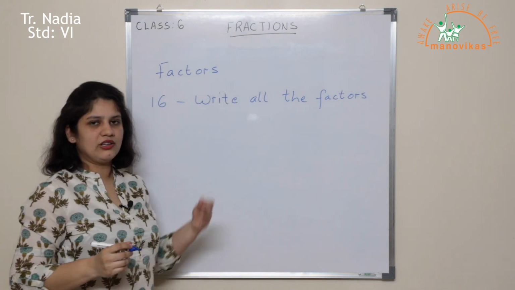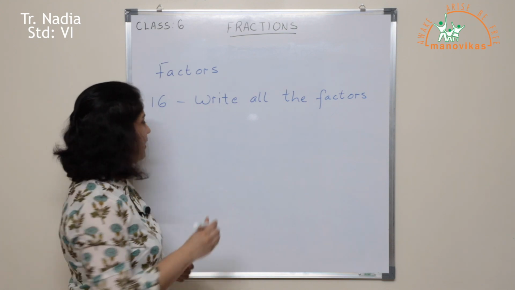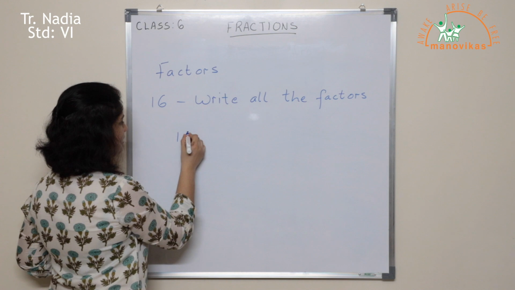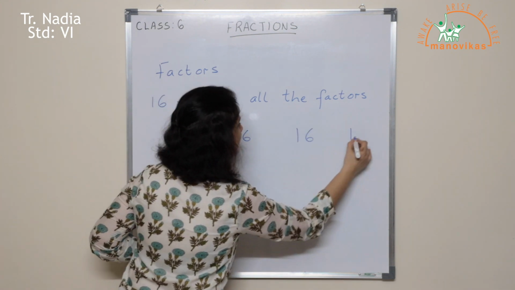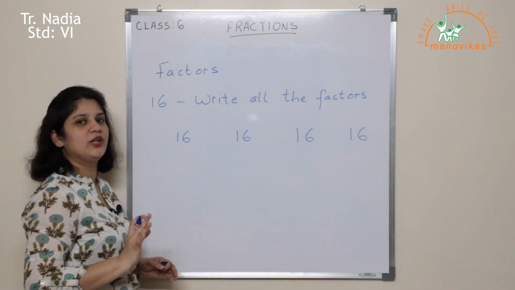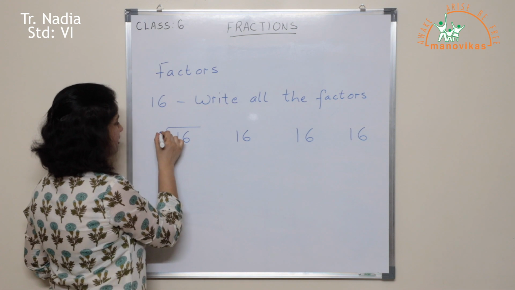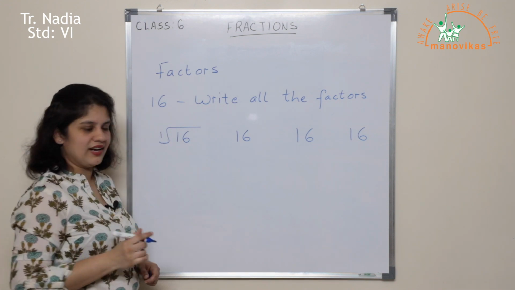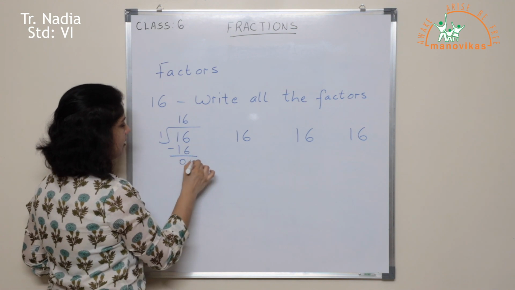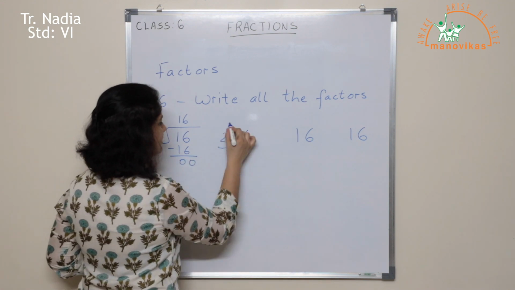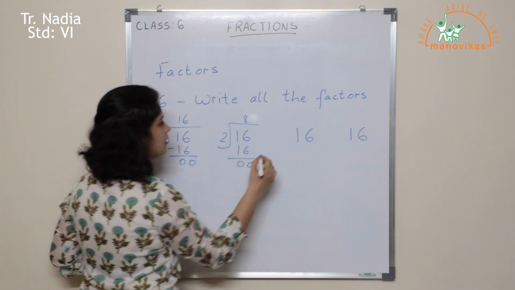How will you write all the factors of 16? And what do you mean by factors of 16? Now what do I mean? I will show you all. 16. Let's see which numbers can divide 16 completely without leaving any remainder. First, I will make use of the digit 1. 1 can divide 16. 1 16s are 16. Without leaving any remainder. 2 can divide 16, 2 8s are 16 without leaving any remainder.